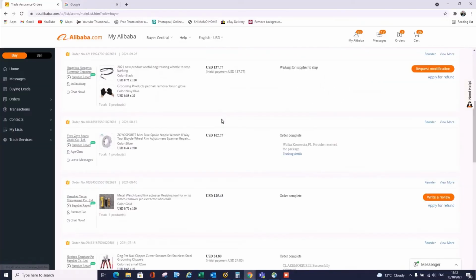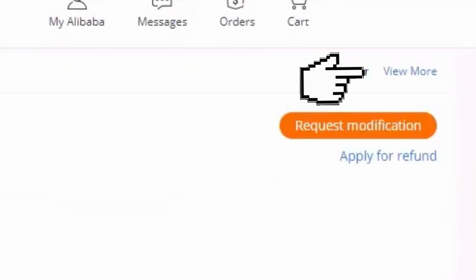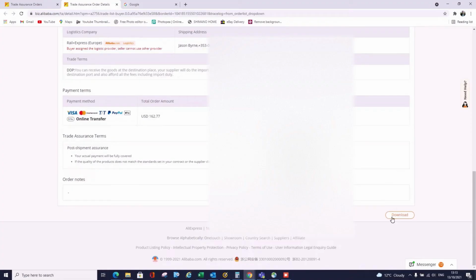You will then be redirected to your orders page where you can see a list of all your orders. And from here, just choose the order that you want to download the purchase invoice in just by clicking on the View More link. Next is you will be redirected to a page where you can see all the necessary